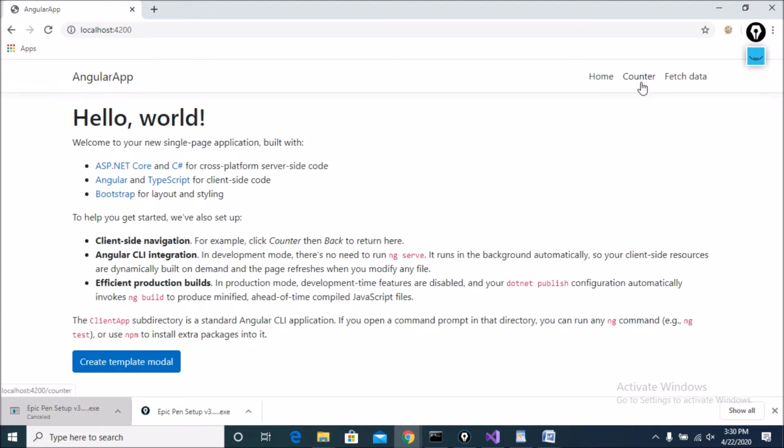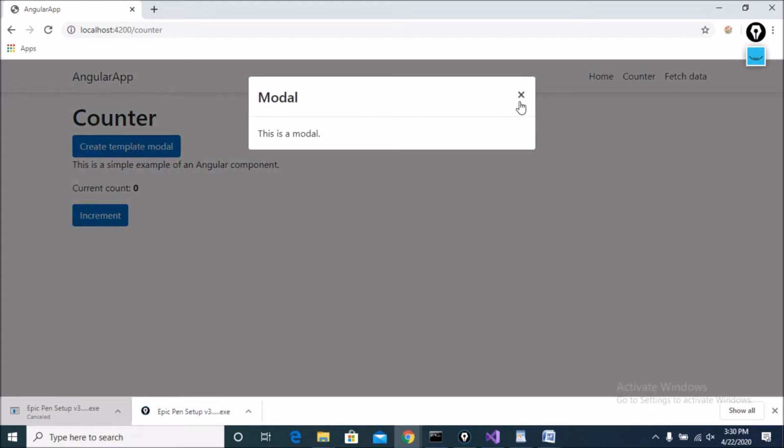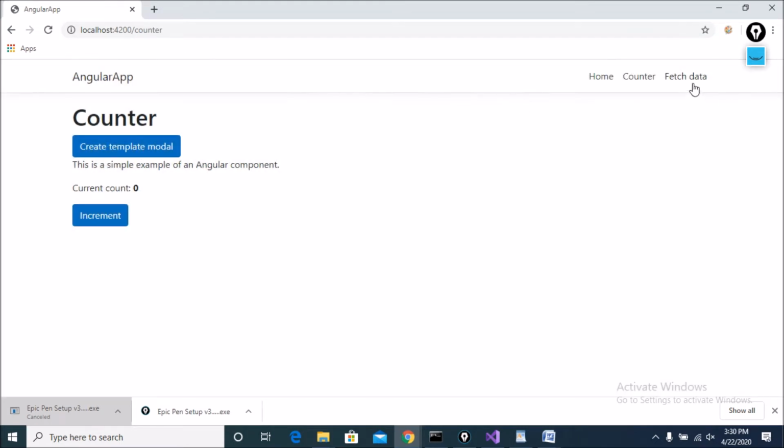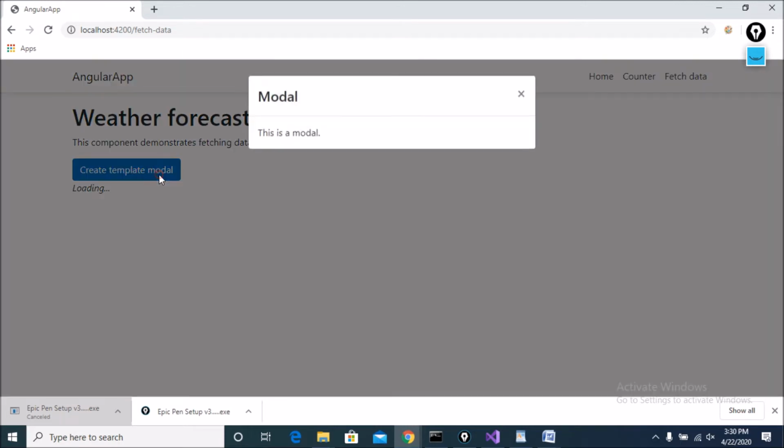Similarly, when I click on counter and click on create template model, you can see it here as well, and similarly on fetch data, you can see the model on the fetch data component.